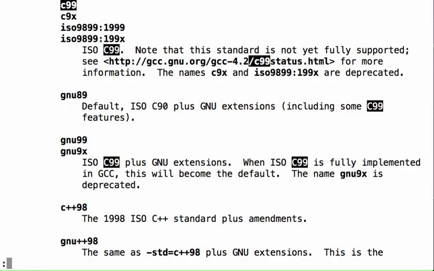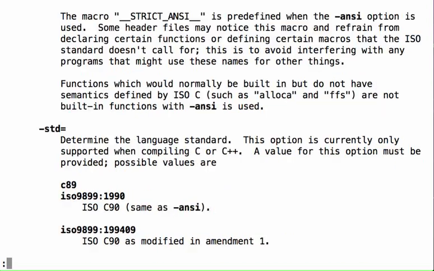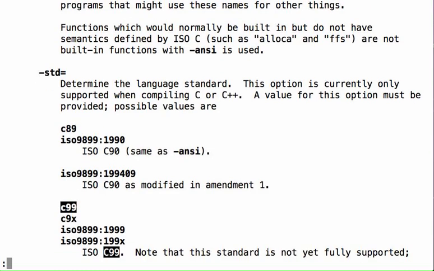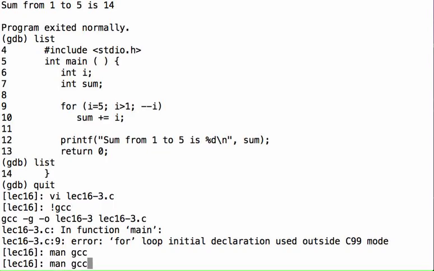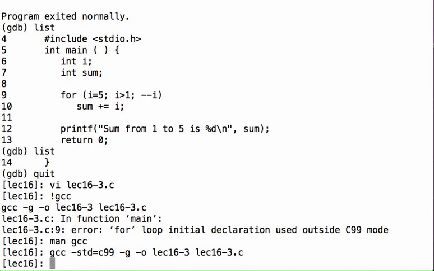So I believe if you use GNU99, alright, so let's try that real fast. I think you have to use -std equals C99. Let's try that really fast. -std equals C99. Yep. So if you use the C99 standard,